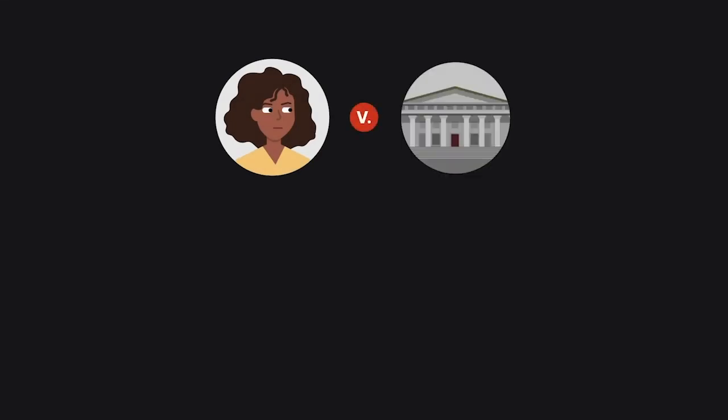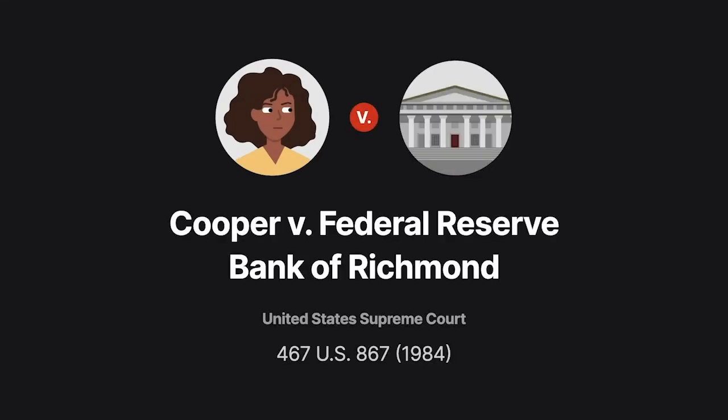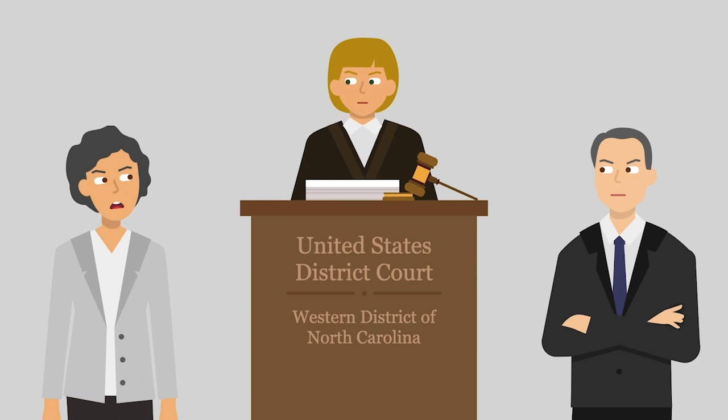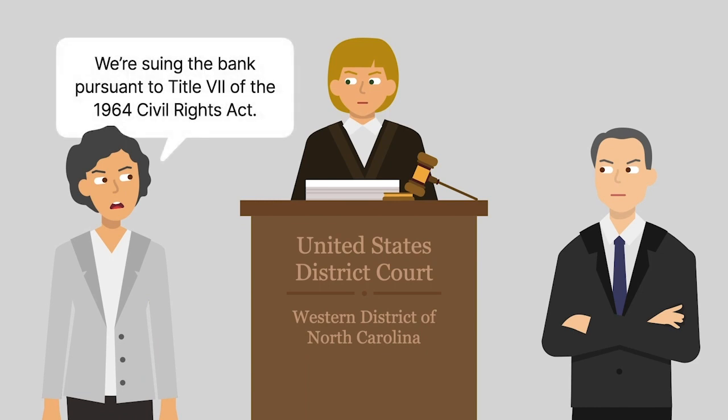What is the res judicata effect of a class action judgment? The United States Supreme Court considered that question in Cooper v. Federal Reserve Bank of Richmond. The Equal Employment Opportunity Commission sued the Federal Reserve Bank of Richmond pursuant to Title VII of the 1964 Civil